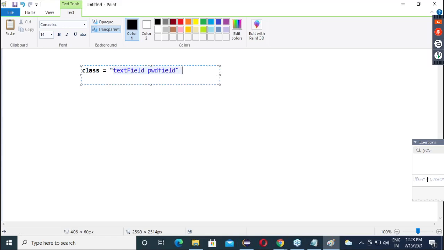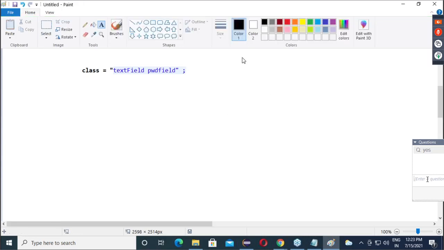Now in this, guys, whenever you have a space, then from the space it is considered a different class. That means in this class attribute value, one class is not present, two classes are present. One class is text field, another class is PWD field. Is everyone clear? Similarly, I just want to give you one example.